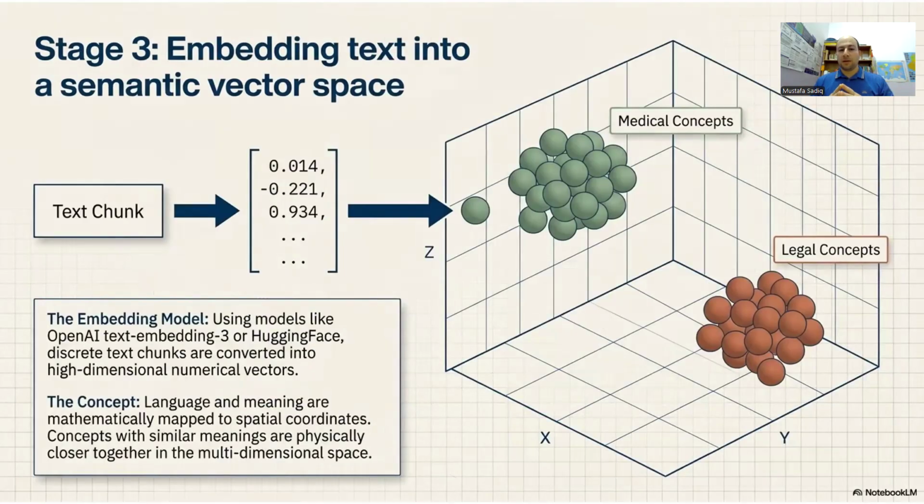Then the embedding step, where we are converting the text into semantic vector space, which is like high-dimensional vectors of numbers that are representing the different meanings or semantics of words in the natural language, where we can use different models like the OpenAI text embeddings 3 or the Hugging Face to convert the discrete text chunks into high-dimensional numerical vectors. This means that the meanings of the language are mathematically mapped into spatial coordinates